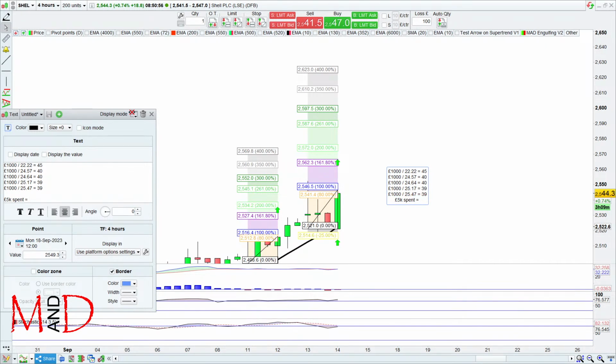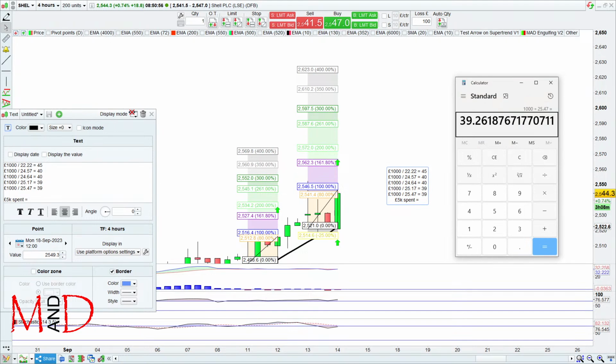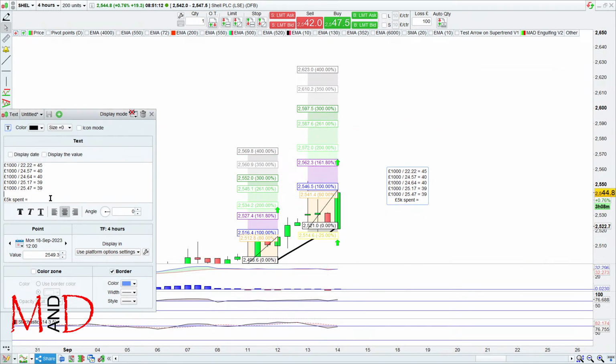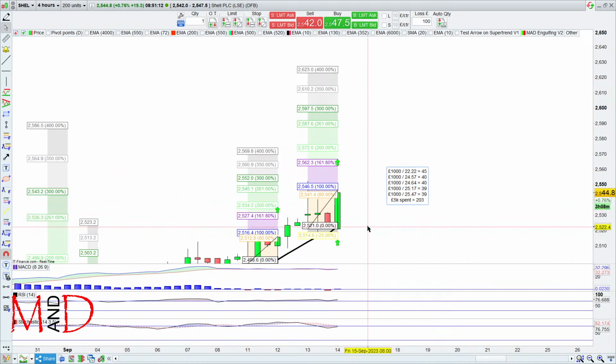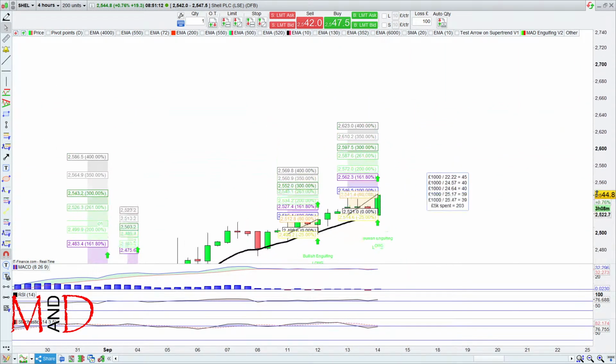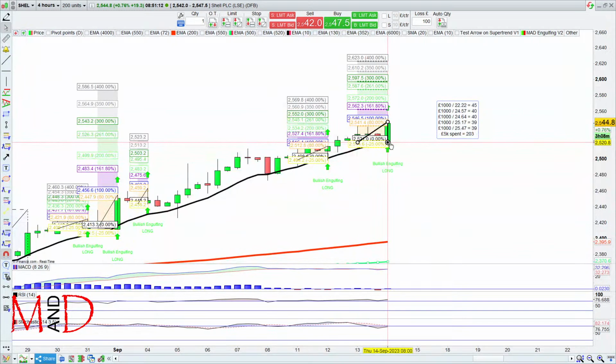Where's me calculator? Here it is. So we've got 45 plus 40 plus 40 plus 39 plus 39. We've got 203 shares. That's 5k. Even if, let's say, price now crashes down to here,